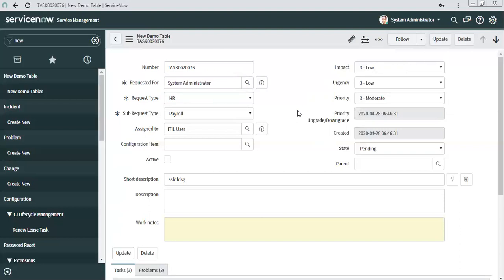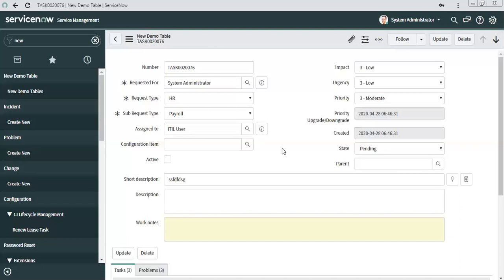So wherever we can use get reference, there we can also use glide ajax, right? Yes, so we should forget about get reference then. Most of the time, try to use glide ajax and avoid that.